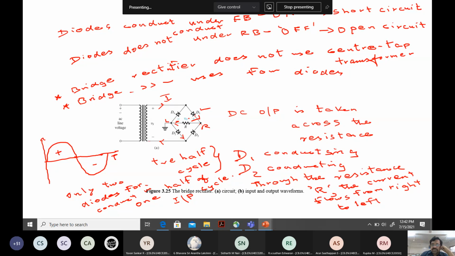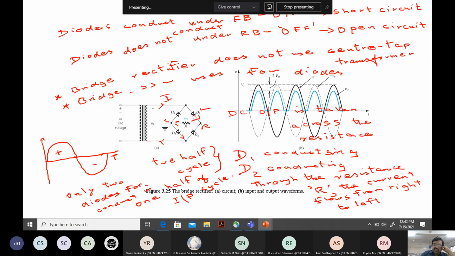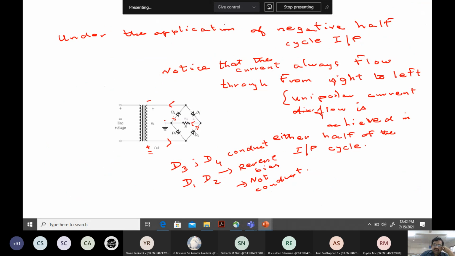Okay, the output V0 is taken across R. So what will be the output? So D1, D2 conducting, D3, D4 does not. So the same fact remains. So we can see all of those things. Fine. So what you are seeing here? You are seeing D3, D4 conduct